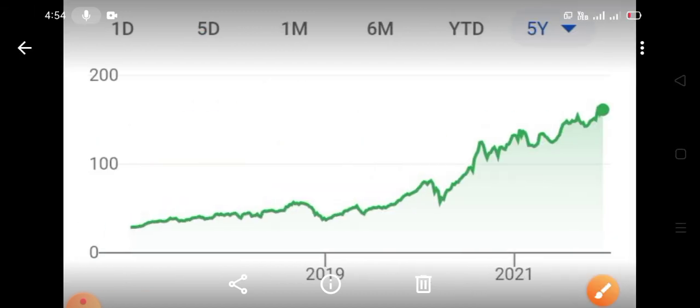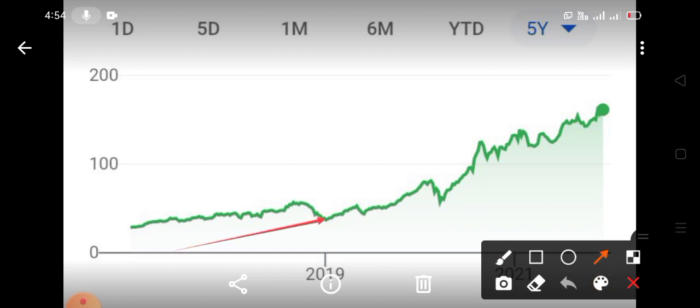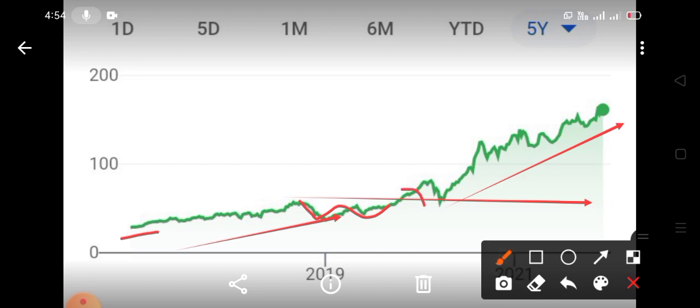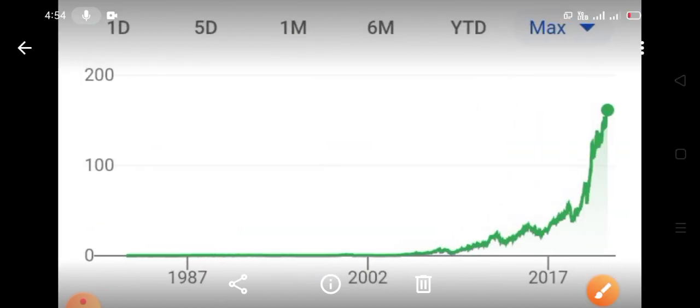Now analyze the chart of 5 year. The trend of Apple stock is strong in the 5 year chart. In 5 year Apple stock low is just below $50. A major breakout happened above $50, a double bottom, and another major breakout, an inverted head and shoulder, happened above 100. From there you see stock is in uptrend with higher high and higher low formation. Now analyze the chart of maximum of Apple.